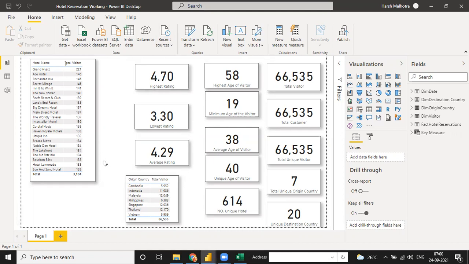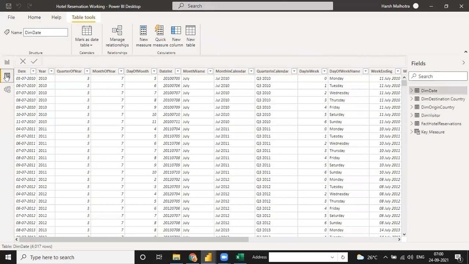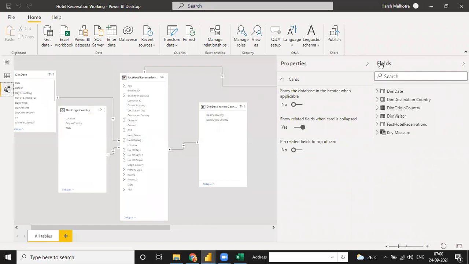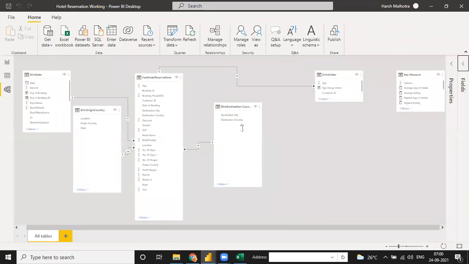Yes. Okay. So tell me, Jasmine, is your doubt clear? Yesterday's doubt? No, sir. Currently, I'm checking. It's still the same. All the total visitors are getting the value 66,535. I changed the relationship also from one to many with fact tables. But yesterday you said that it's clear. Yes, sir. I checked the relationship and it was like one to many in your video, and I thought it's done. So that's why I said it. Okay, okay. Just give me 1 second.